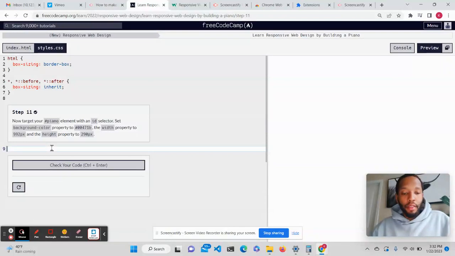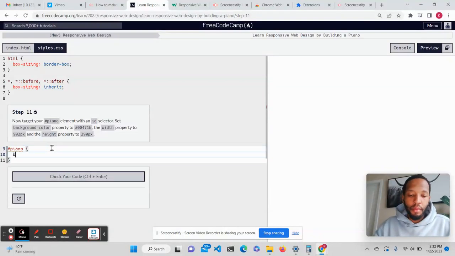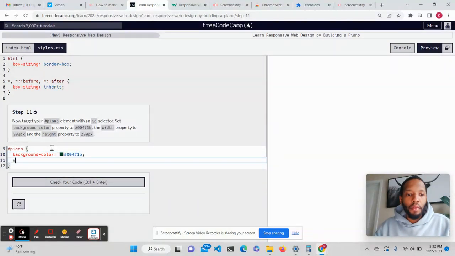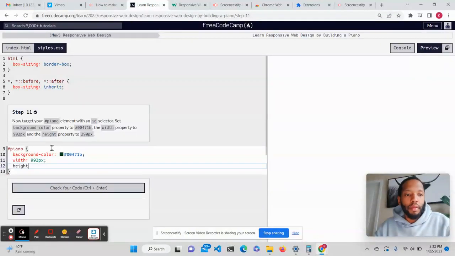Now target your piano. Like I said, piano is the ID. So that's why there's a hashtag. Background property 00471B. Width is, and the height to